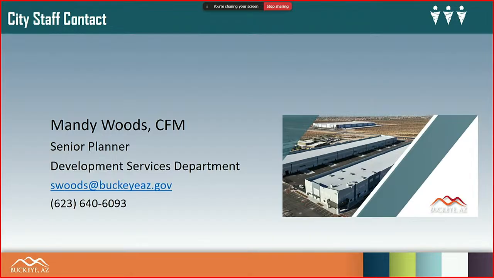Bart had a slide that he presented to council that was really neat. It showed all the cities and their marijuana standards. There were some cities that were very conservative that just did the bare minimum that the state requires by law. But some other cities actually allowed a little more, maybe not as conservative. They allowed a little extra, maybe a little less buffer, and more zoning districts that are available, those types of things. But our response from council at the time was that they wanted to be more on the conservative side. So I think Surprise was also very conservative with some of the West Valley cities. So likely that'll continue to be the case.